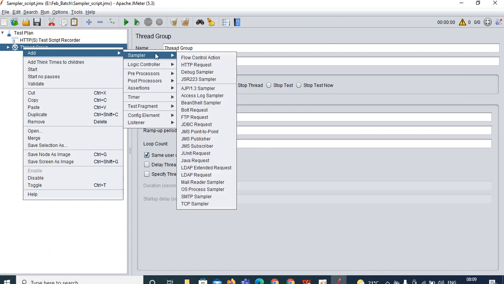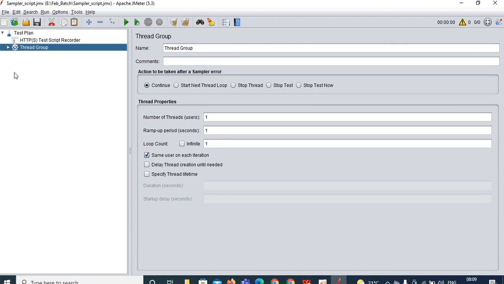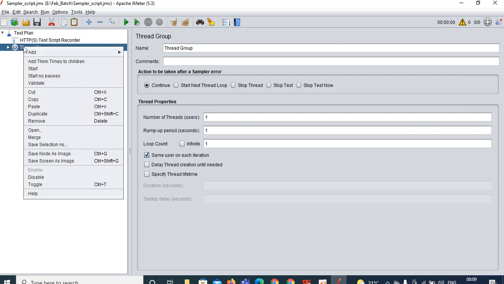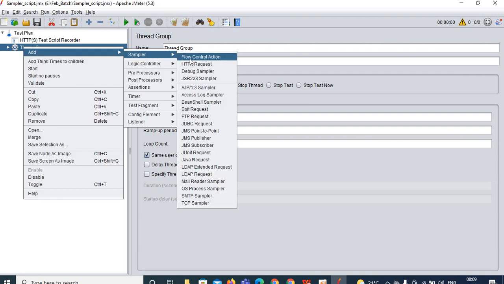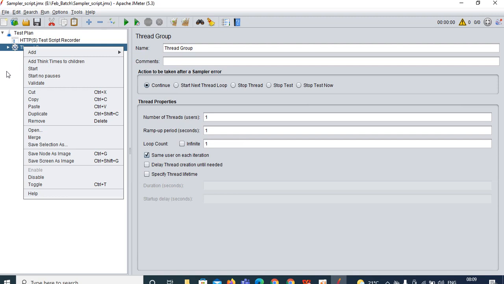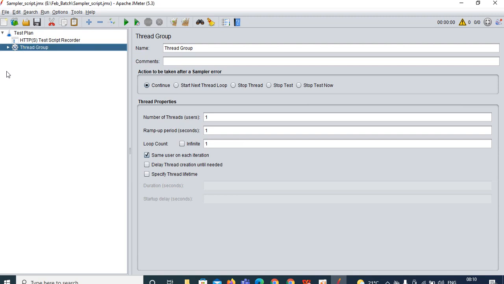So what does it mean? A sampler is nothing but a protocol. You can consider it as a group of actions. Wherever you are configuring the users, to that particular element only you can add the samplers. This is the thread group, where you are configuring your users. Right click on the thread group, mouse over onto that, and here you can see the sampler. These are the actions. You can use any one of the protocols and configure or record your action. That is how we can add the sampler. Keep that in your mind: a sampler can be added only to the thread group.